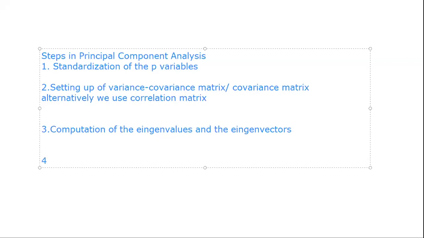Because the eigenvalues that we're actually going to compute will serve as the variances of the transformed variables. I'm going to say that again. The eigenvalues will actually serve as the variances of the transformed variables. And the eigenvectors that we're going to have, the principal components that we're going to derive,